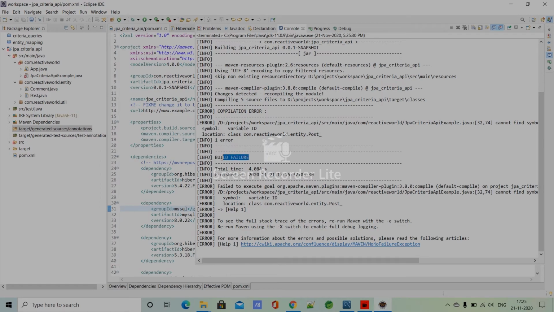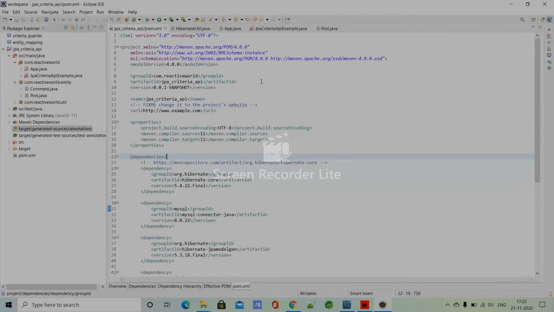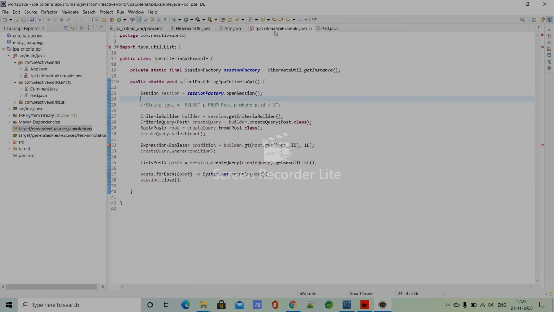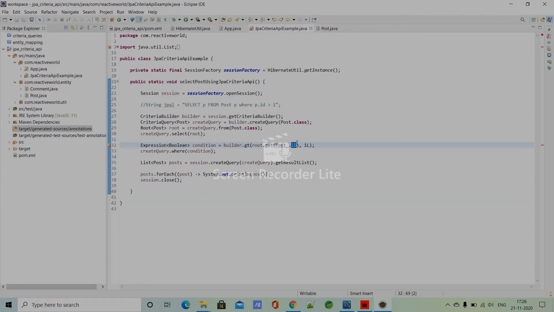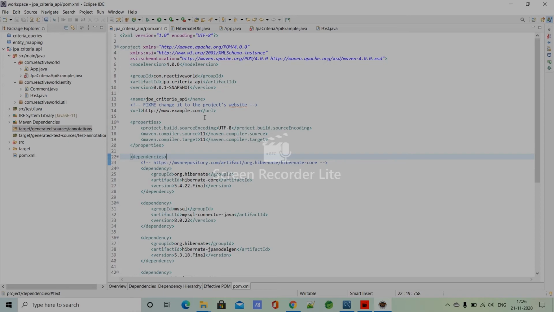Maven would not allow you to build the project because you have an error in this class. Here you have used id, but now somebody changed it to postId, so it will give you an error at the time of building the project.